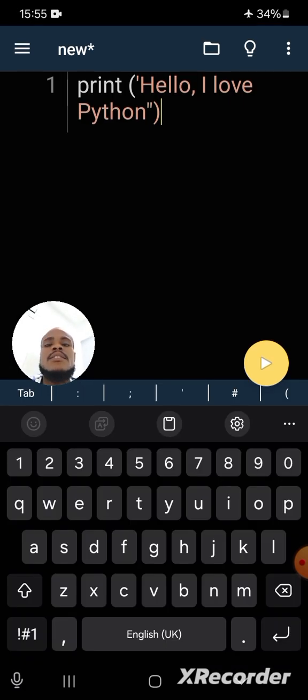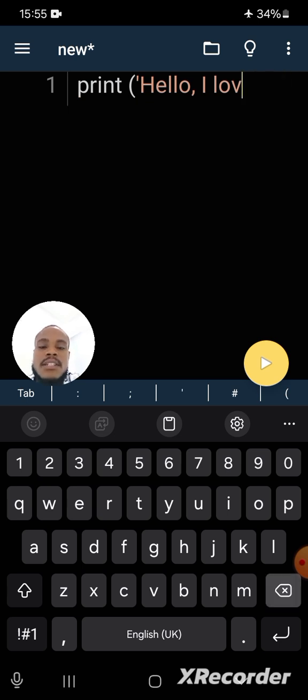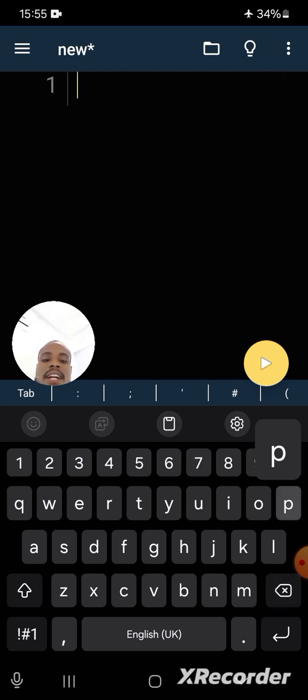So the two reasons why our string program will not work are, first, when we run our program without quotes, and second, when we run our program with quotes that are not similar in nature, that is, opening with a single quote, for instance, and closing with a double quote. Okay, so let us rewrite our program